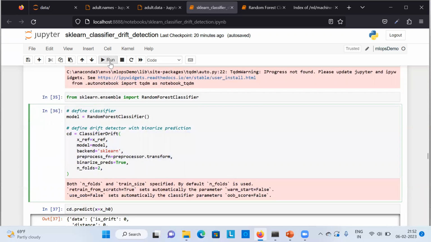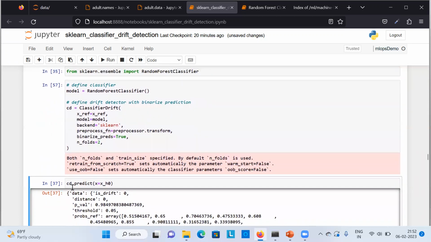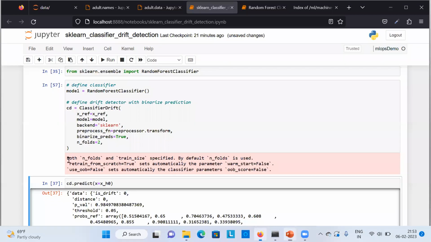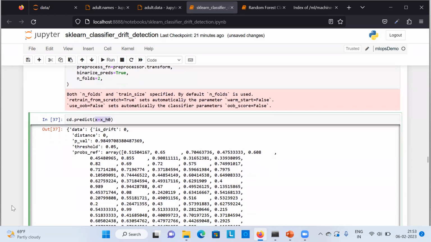And then the moment I run this, it initializes this detector, and then the moment I start predicting, here CD is the object of the classifier drift detector. If you do CD dot predict, you pass the data on which you want to run this detector. Okay, so I am passing XH naught. Now you see we have our drift detector ready with sklearn as a backend. Now I'm checking whether it will identify a drift in this or not. Ideally, there should not be drift because it is coming from similar data, right? So there should not be any drift. So let's see how it works. So here, if I do cd.predict and pass this XH naught data, okay, if I run this,